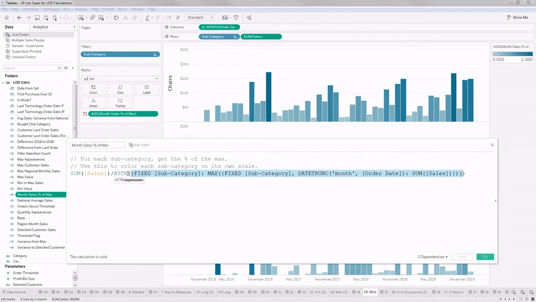Now I'm just using ATTR for the purposes of aggregation. Now I have this table, and I'm getting this ratio, sum of sales divided by this.